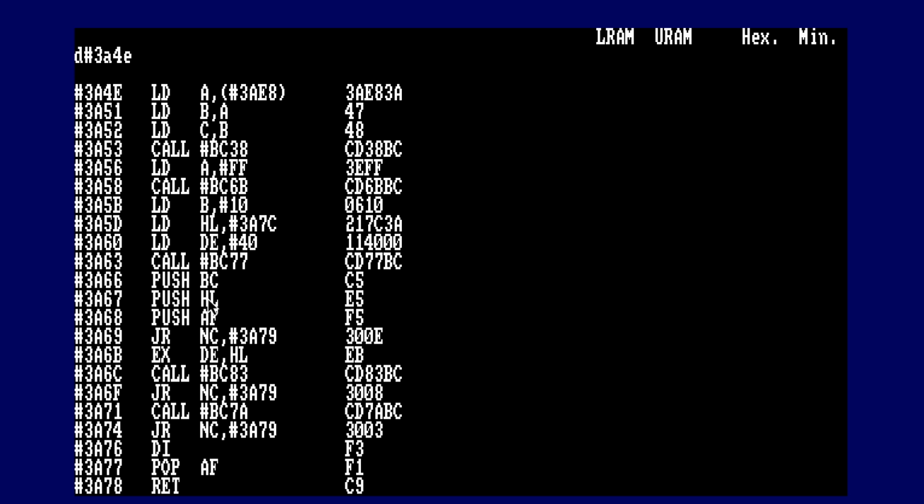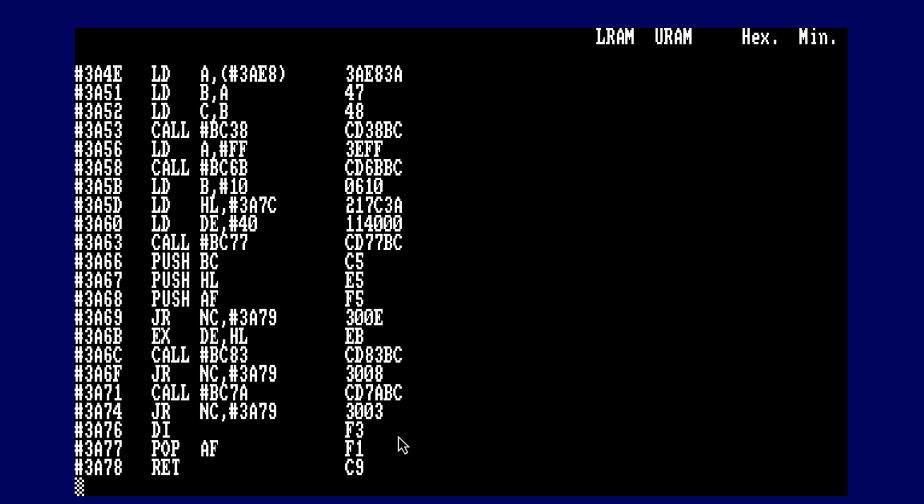HL at the time contains the address of the cassette buffer, but it appears that because these aren't balanced, so we've pushed the length, we've pushed the cassette buffer into memory, the return address is going to return into the cassette buffer, and that doesn't feel right, does it? So what we're going to do is we're going to add an intercept here, and the best place to return control to our program is here